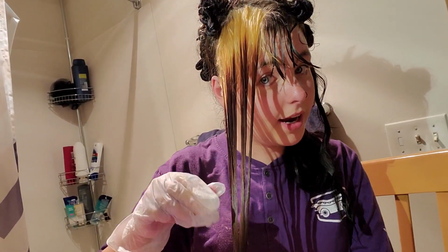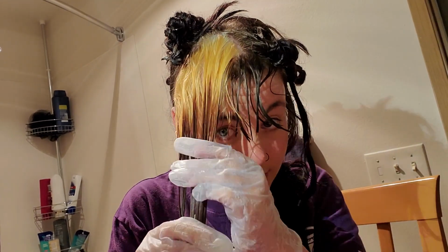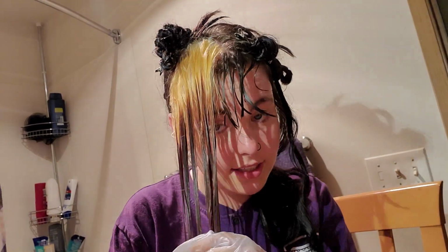Okay, so I bleached it and left it in for 30 minutes because I didn't want my hair to fall out. And this is where we're at. Super yellow roots. And then the permanent black is kind of like red right there, and then still super dark. Honestly, I don't know if this is even possible to do at this point, but basically what I'm gonna do